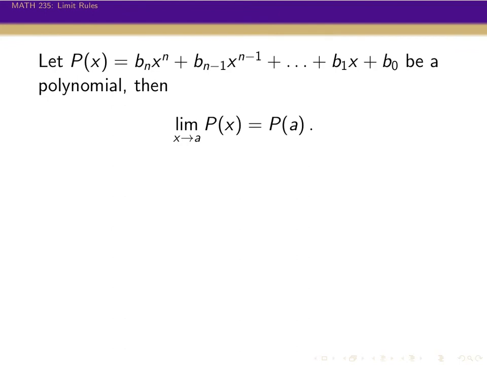Okay. And so in fact, once we can do powers of x and we can do multiplication by constants, that means now we can take the limits of any polynomial. So this p of x here just represents a general polynomial to the nth power. And so the bn, the bn minus 1, all of those are the coefficients. And so how do we take the limit as x goes to a of this polynomial? Well, we can just plug a in for x anywhere, because all this involves is